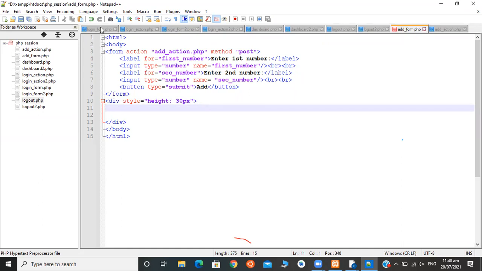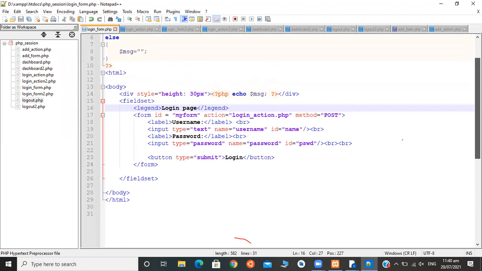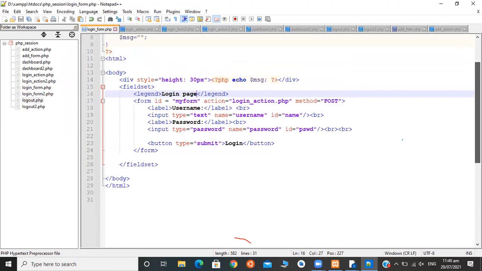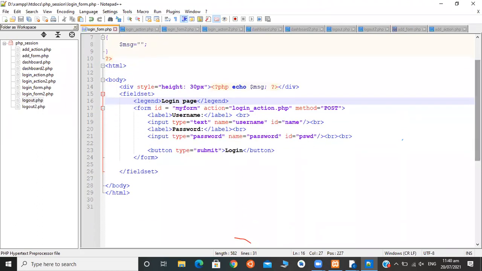We have printed a message in the login form. If we enter right credentials, we redirect to dashboard.php, and if we enter wrong credentials or don't enter any data, we get a message which says that credentials are wrong.